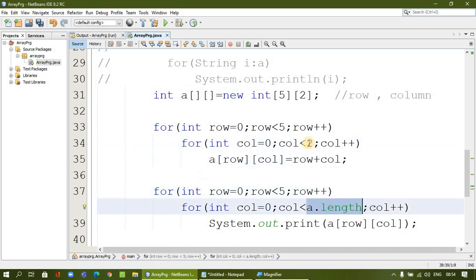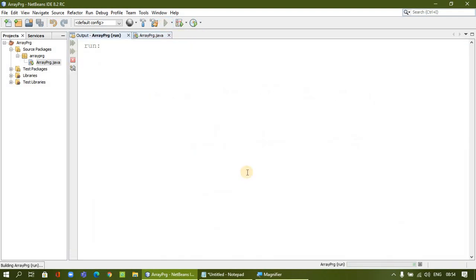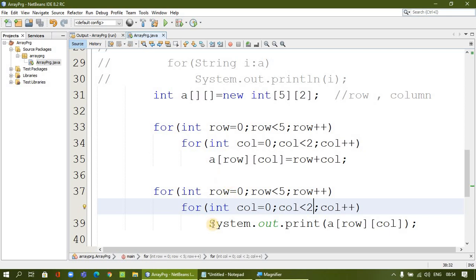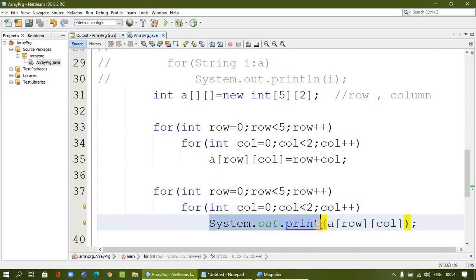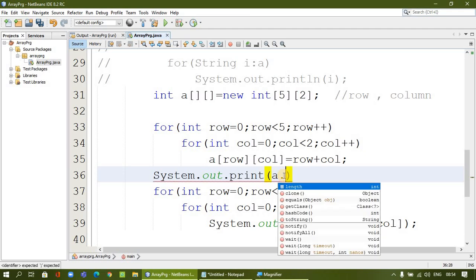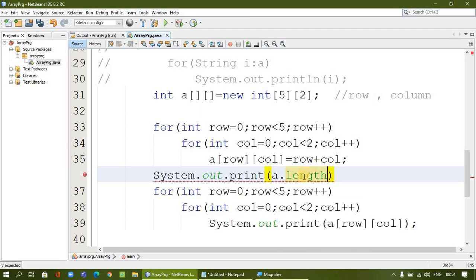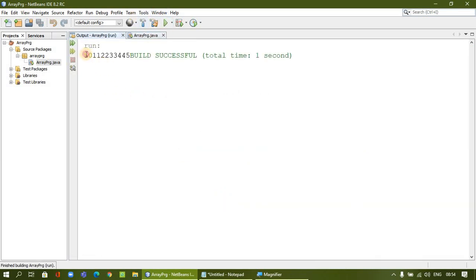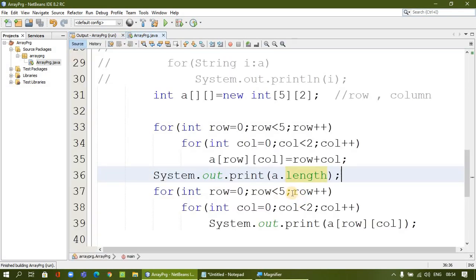Okay, let me print up to 2. So there is an index issue. So it is printed like this. So it is related to the index issue. And now we can just separately print the length, what it says. It is saying about the row or column. A dot length, we ask what it says, we will see. It is talking about the rows or columns. So 5, it is coming about the row only.